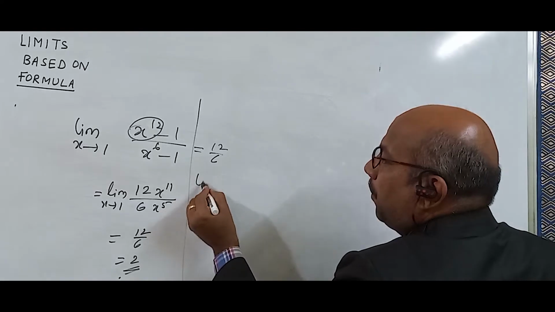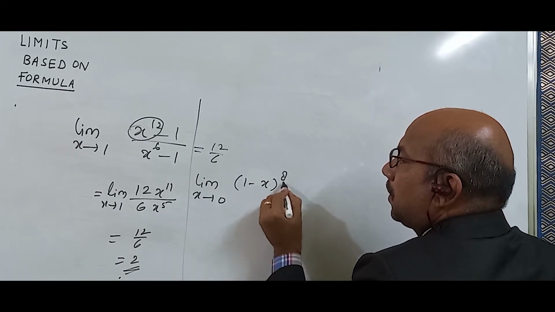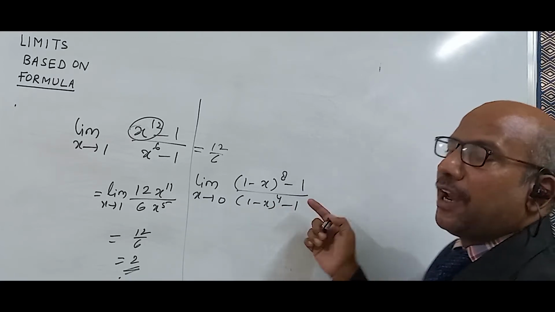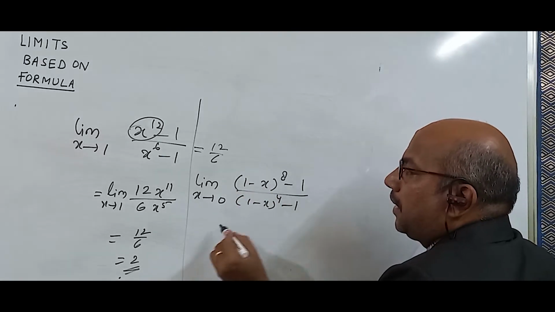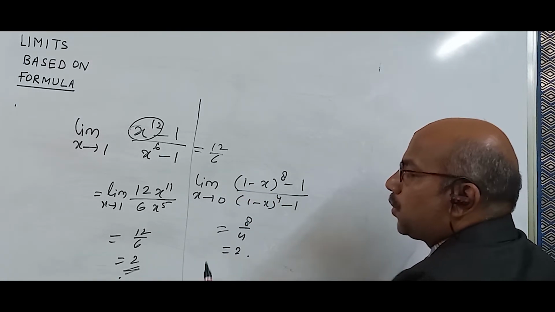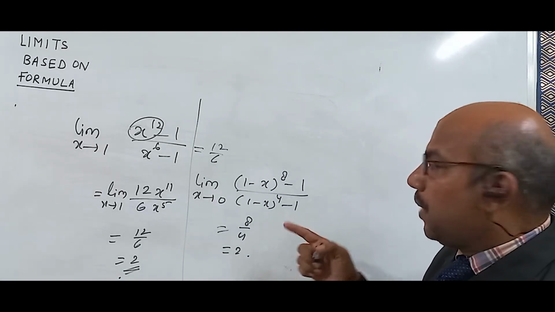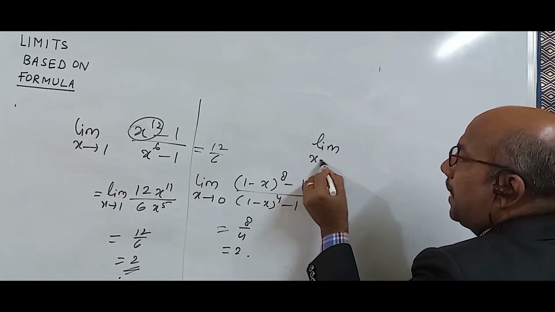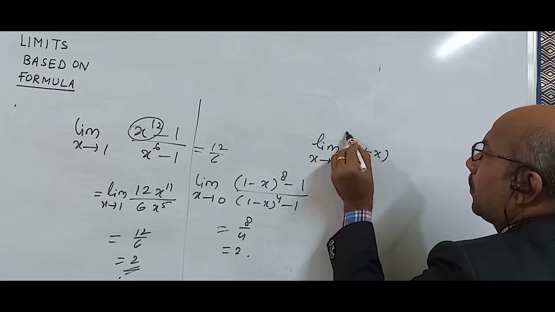So look, there are number of sums. Now here if you apply L'Hopital rule, it will take time. But you find this part is becoming 1. So directly 8 by 4. The answer is 2. Look how fast you are getting the answer. So limit x tends to 1. There are 2-3 sums in the textbook which also came in exams.